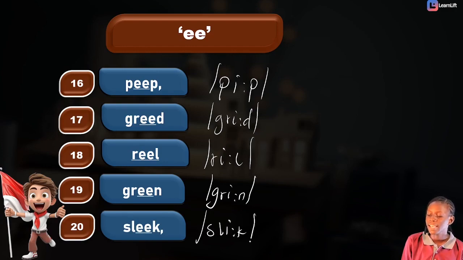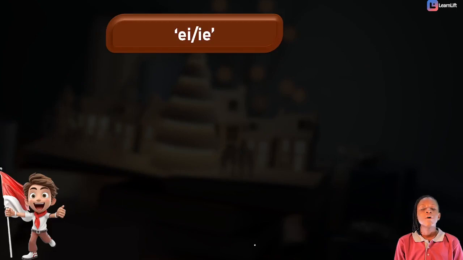Sleek. More examples we have next spelling form as EI or IE. Therefore, there are some words, not all words. Do not forget that fact. There are some words that have EI or IE in them and have the E sound. Some words, not all words. Examples of such words are, we have one,